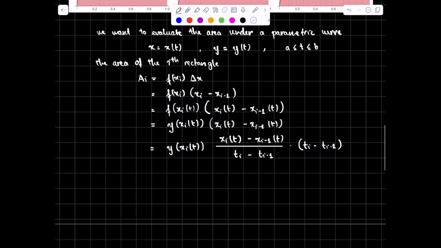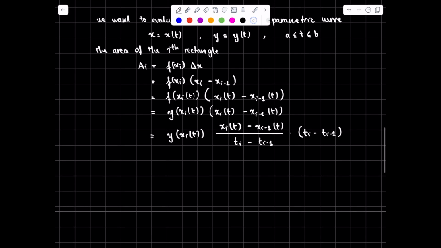Okay, so now this is just the evaluation of one rectangle. You want to do the approximation for the area under the parametric curve. So you're going to take the sum of all the areas of the rectangles. So the area under the parametric curve is approximately calculated as,